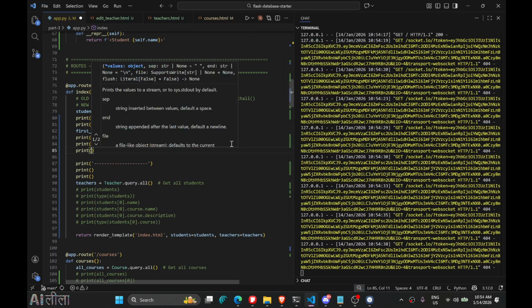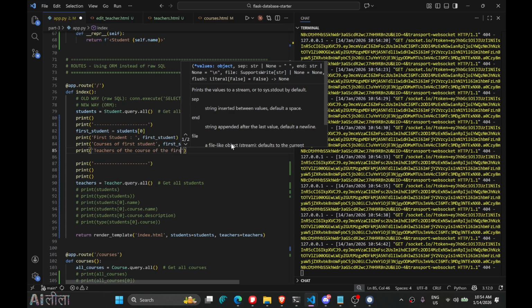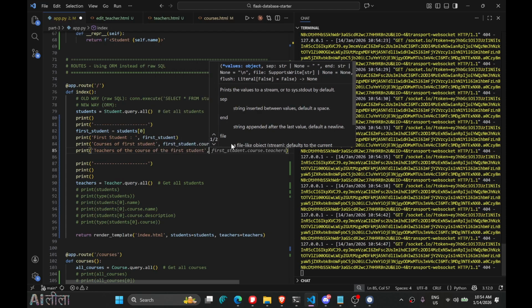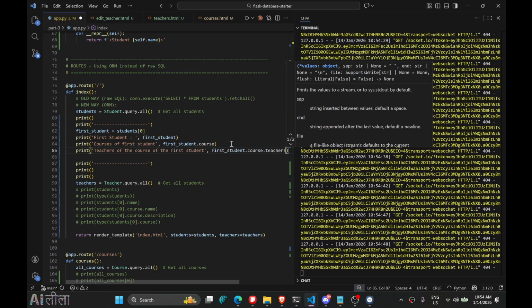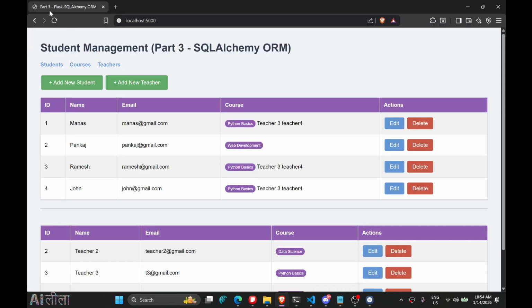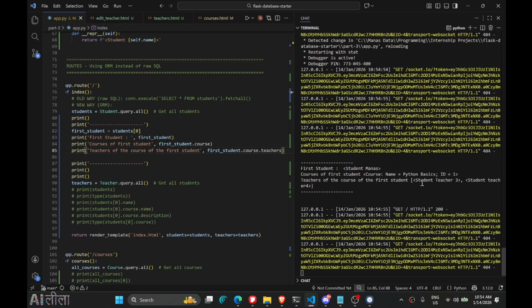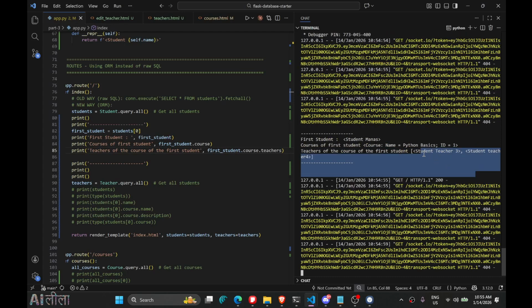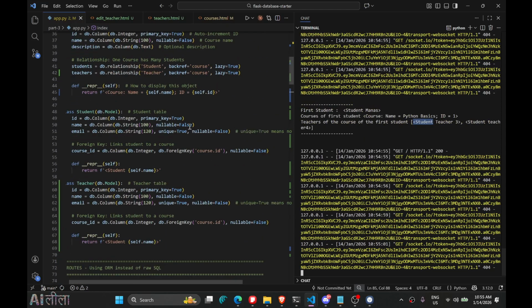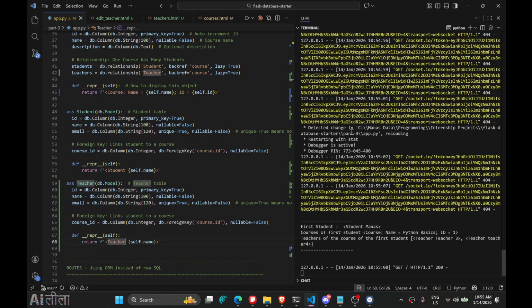So print teachers of the course of the first student is going to be first student course teachers, and it will be a list. So refresh this, and here we got the list, student teacher 3. Okay, so this student word is coming because of this repr method. So I'll say teacher, refresh. So we got this,